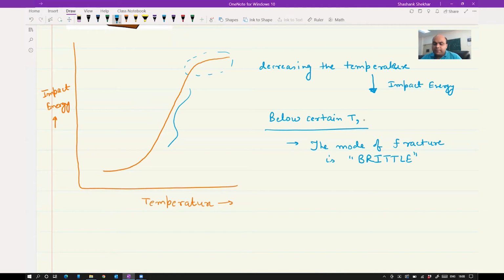Okay, some temperature here where the mode of fracture is going to be brittle, and we are going to call it DBTT. One of the things you are going to see is that the DBTT definition is going to have different criteria; different criteria will be used to define DBTT. Okay, so one of the criteria is this,